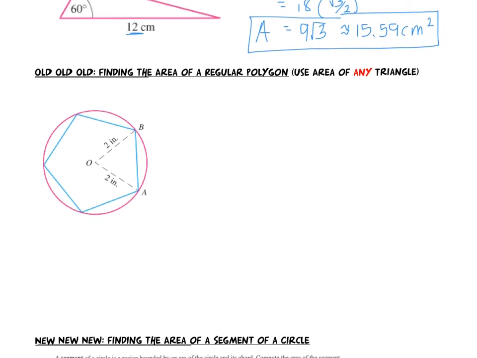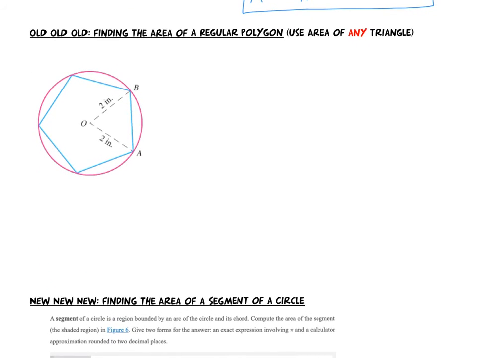Okay, again, this is old, finding the area of a regular polygon. This time I'm going to challenge us to use the area of any triangle. In the cases that we see in Chapter 10, normally that will make it easier versus finding the right triangles within the picture. If you want to keep doing what we did last time, go for it. This is just another way to look at it. So what you need to first see is how many sides are in my regular polygon. Well, here's 1, 2, 3, 4, 5. So I have 5 sides. It is a pentagon,